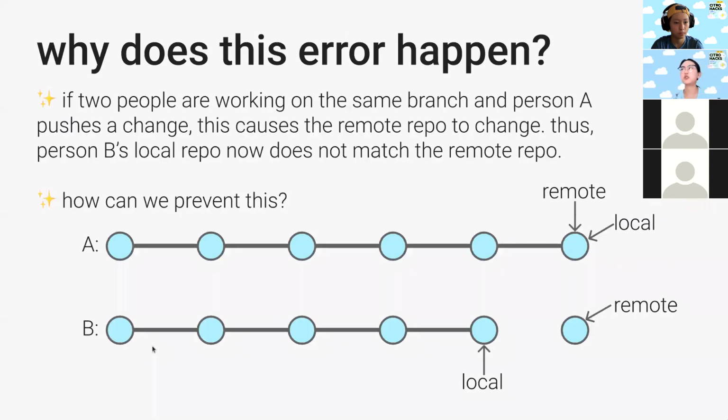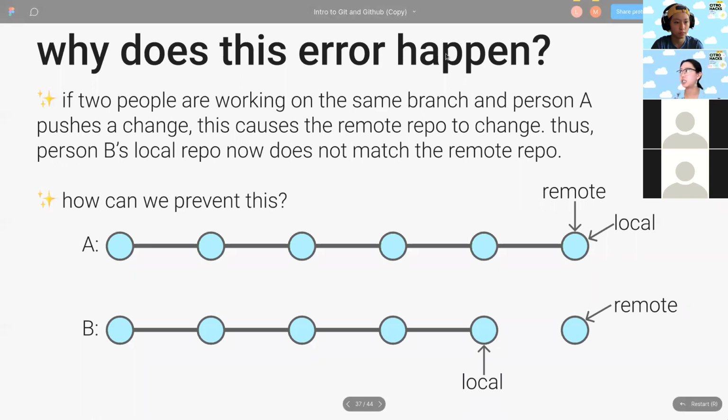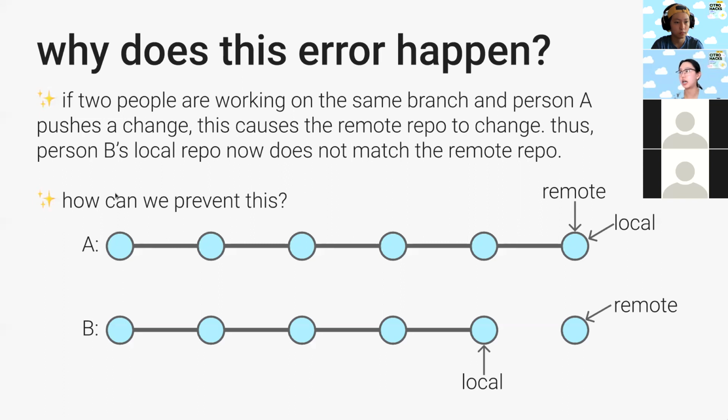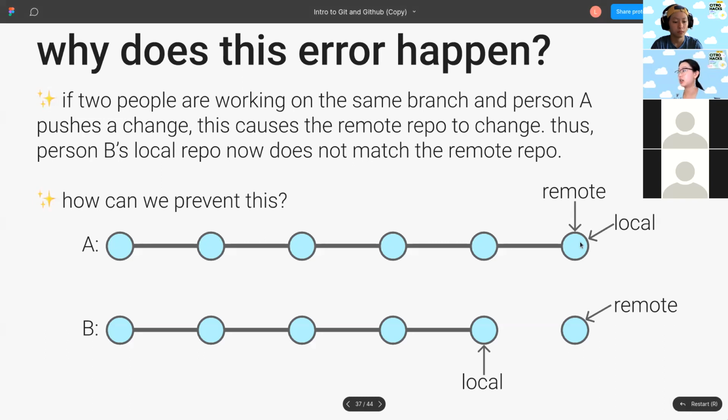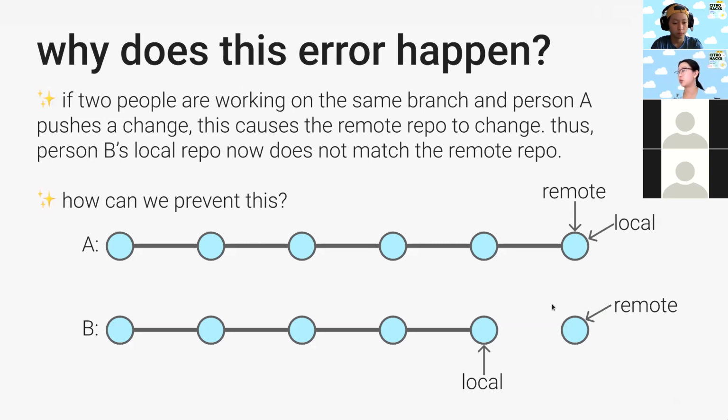Basically, this usually happens when two people are working on the same branch. If you look here, let's say person A decides to commit something and push to the remote branch. So person A's remote branch and local branch are exactly the same. But then person B tries to push something, but person B's local branch, and these blue circles just represent commits, no longer matches the remote branch. So this commit that person A pushed is now on GitHub, but person B does not have it